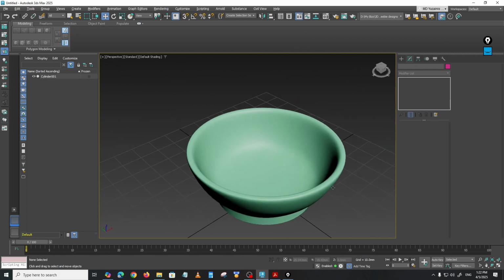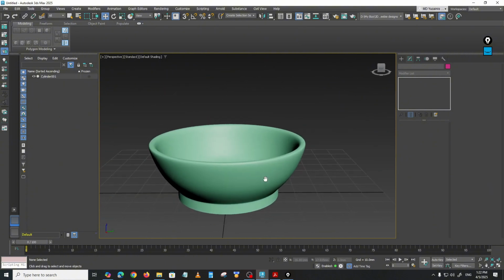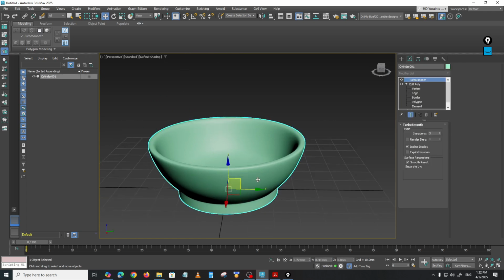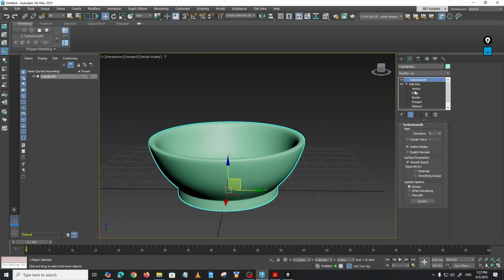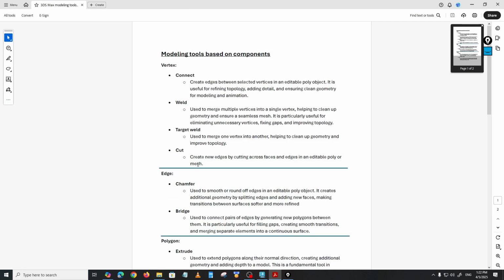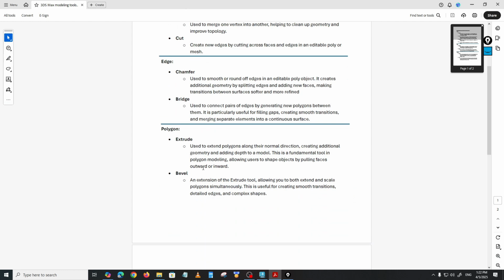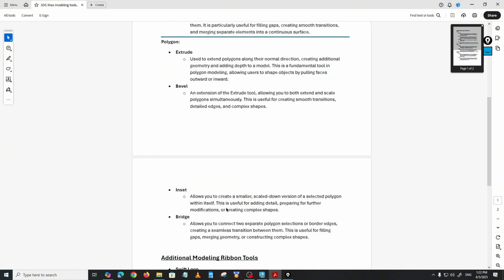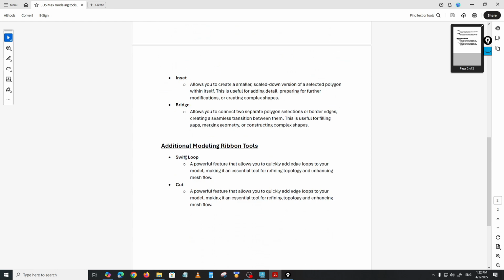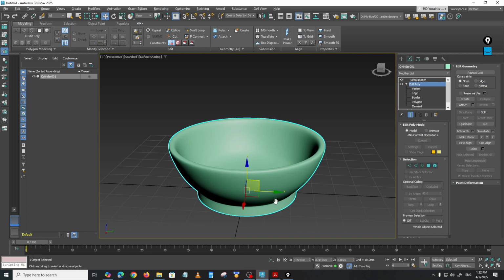Right, so that's how you make a high resolution model that you can use for film animation or visual effects. Okay, so that is how you model. And the tools that we use so far for this one are the edge chamfer, the polygon bevel, the polygon inset, and the swift loop to create this bowl. Alright,